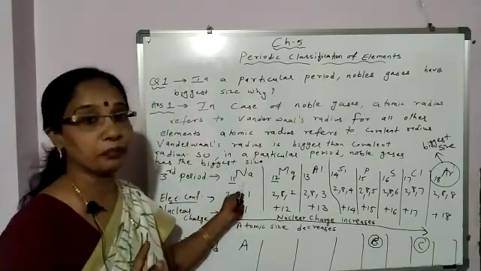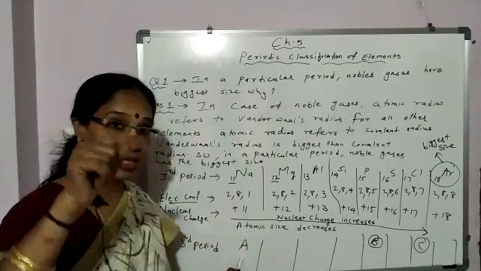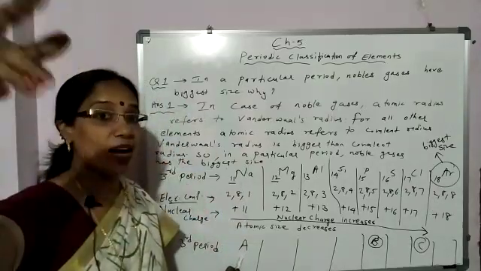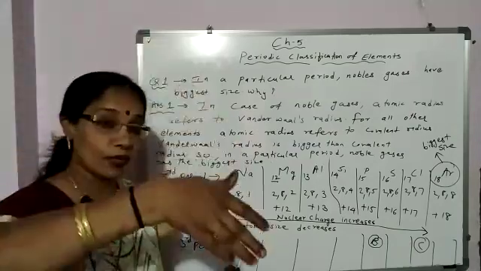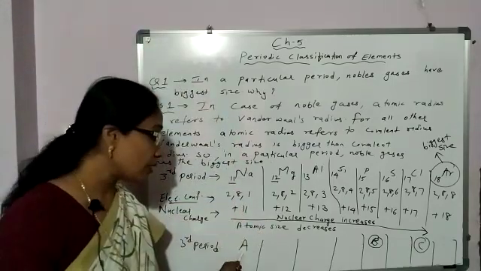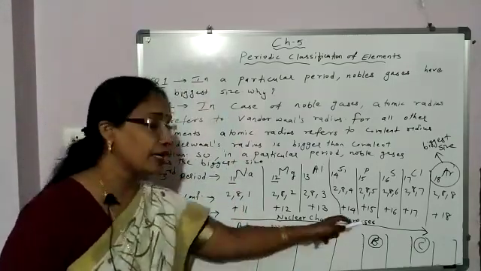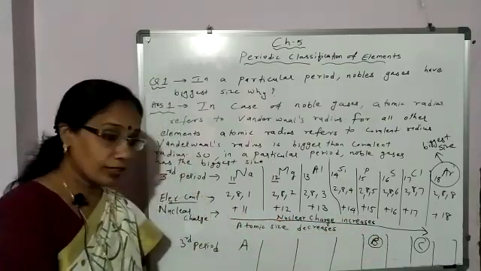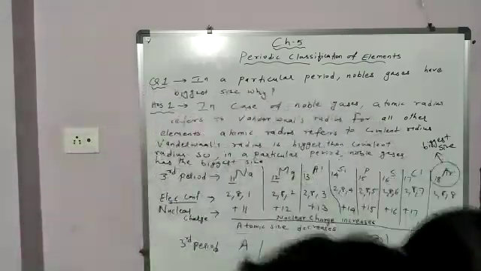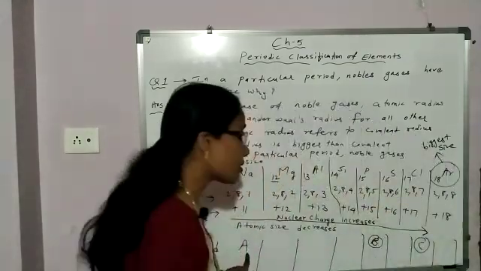You will not write sodium, because in the question what will be mentioned? A or X, Y, Z. So that way you will give the answer. So which element has the biggest size out of A, B and C? It is on the left hand side, A. So A has the biggest size.